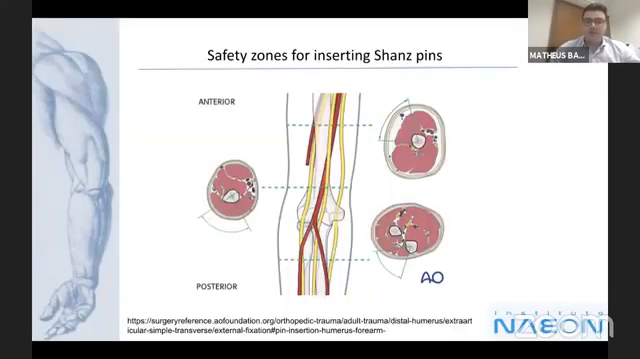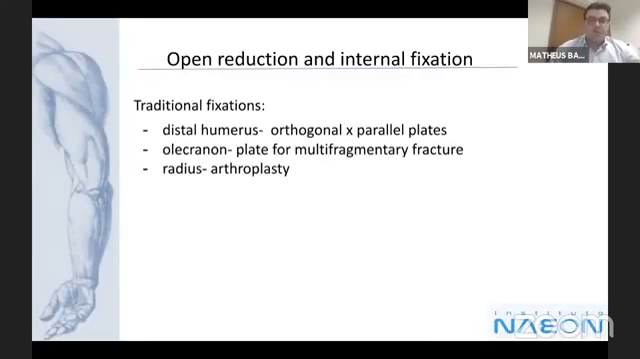And we have the safe zones to put the Schanz pins, and probably everybody knows about it. And open reduction, internal fixation. In open reduction, we have to think about how we're gonna put the plates. We have in the distal humerus two possibilities, the orthogonal and parallel plates, and we have a conflict about how this